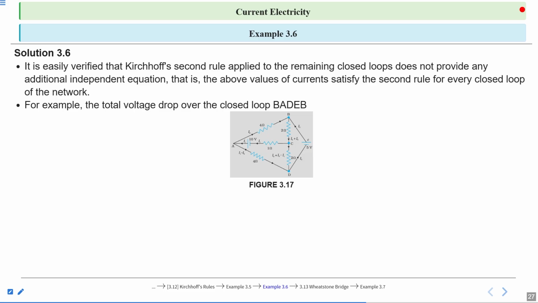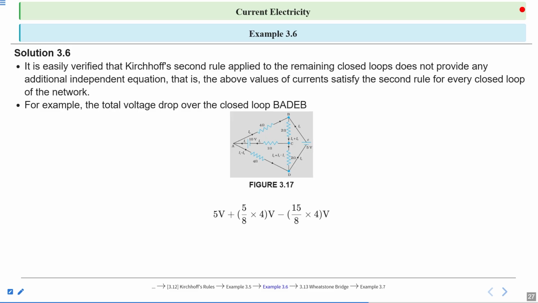It will only increase the number of equations, but will not give any additional information. That's why if we take B, A, D, E, B, this is an additional loop that we have not taken in the solution of this problem. Now we can take this loop also, but it will not give any additional equation. If we solve all the potential drops or gains, it will result in zero potential in a closed loop.